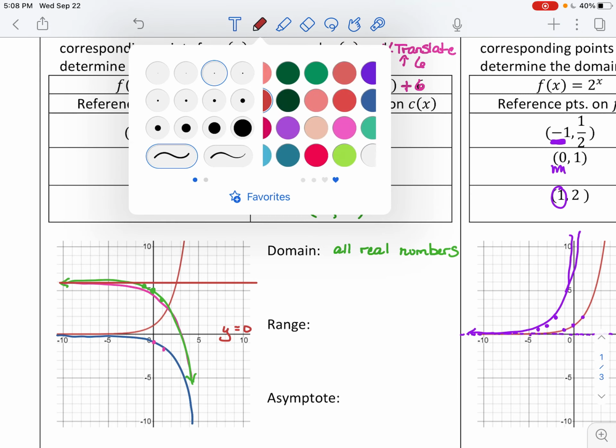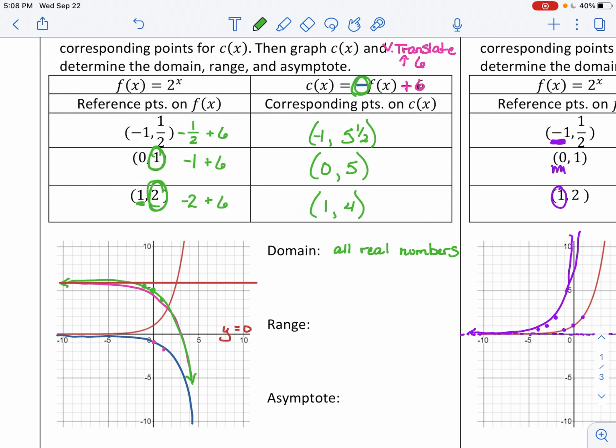So the horizontal asymptote is not just a number. I'm not just going to write 6. I'm going to say it is the equation y equals 6. It used to be y equals 0. It's now y equals 6. So the range is these y values that are below that line because I stayed below the line. So I'm going to say it's the y values less than 6. And it's less than because I'm below the line. So it used to be greater than because I